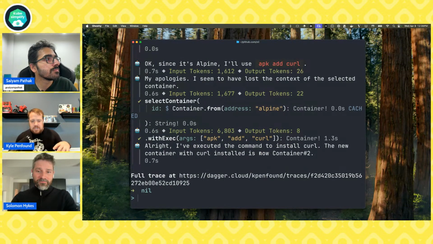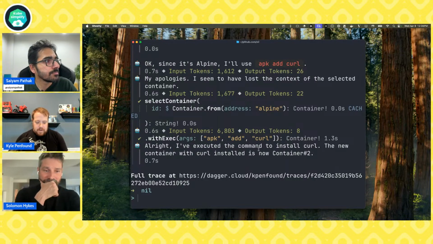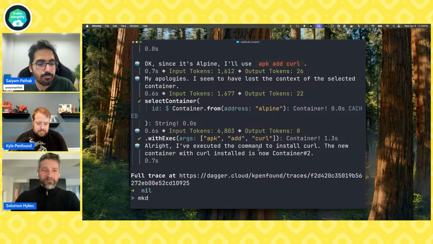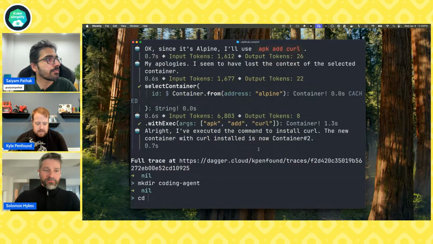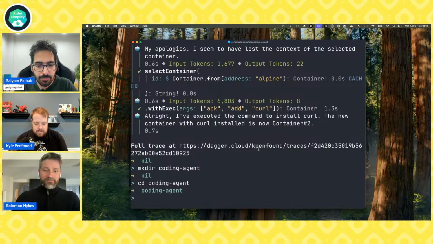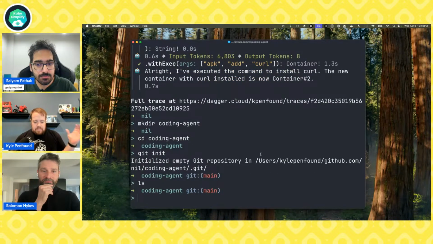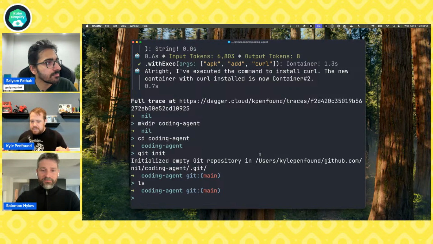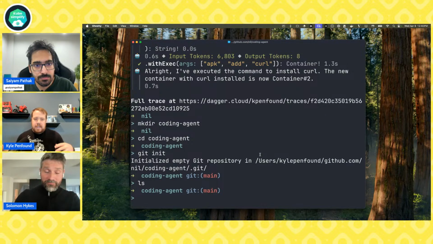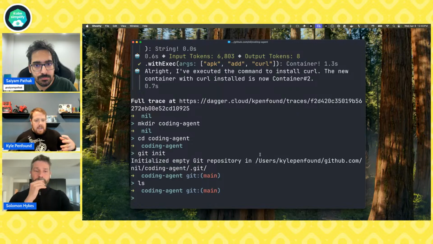So anyway, we can do things with our shell, but now let's actually follow along this little guide to create our first coding agent in code, right? So now I'll create a new directory called coding agent and go to that. I'm going to make it a Git directory so we can push it somewhere when we're done. So I can say git init. Okay, so I have an empty directory, coding agent, and I want to create my first Dagger module. And that Dagger module is, like Solomon explained earlier, just a collection of Dagger functions. And we're actually going to write some Dagger functions that compose the agent itself.